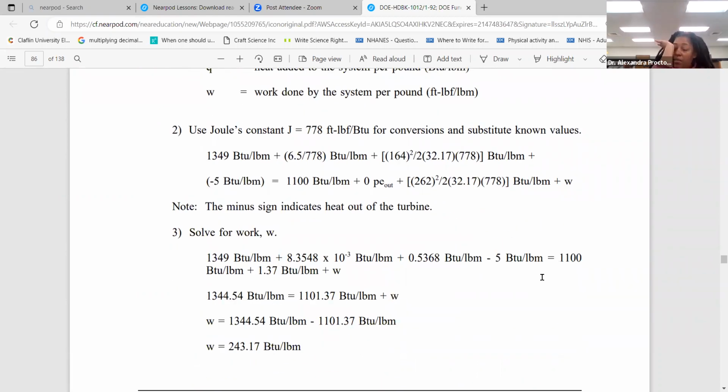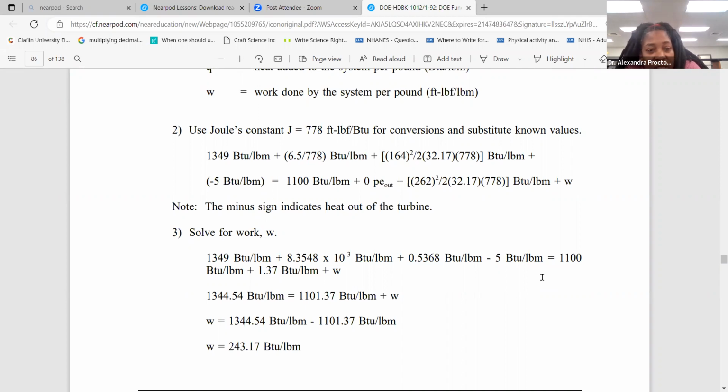Then we're going to use Joule's constant, where J, I think this was given earlier, is equal to 778 foot-pound force per BTU, for conversions and to substitute known values. So if we were to plug things in, 1349 BTU per pound mass plus 6.5 divided by Joule's constant, which is 778 BTU per pound mass, plus 164 squared divided by 2 times that constant 32.17 times 778 BTU